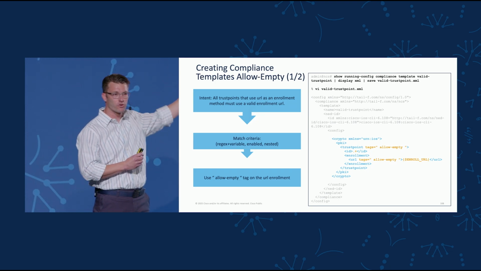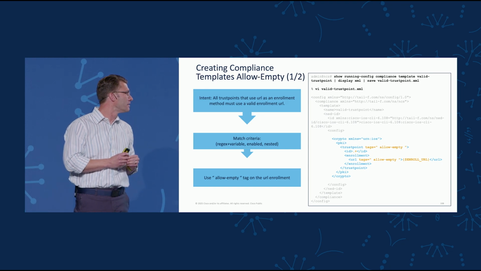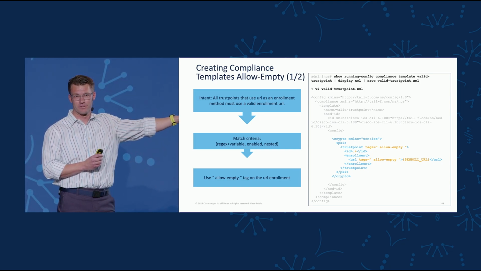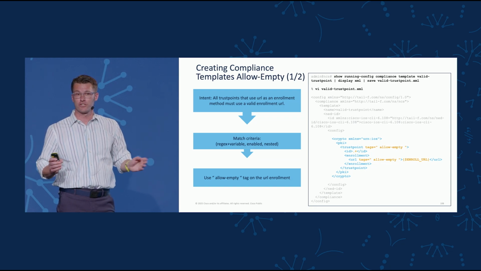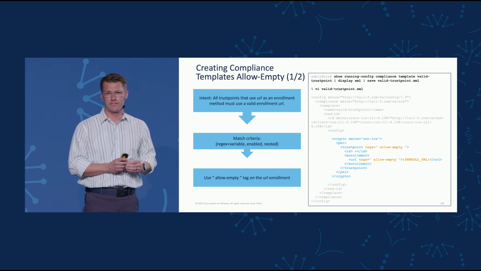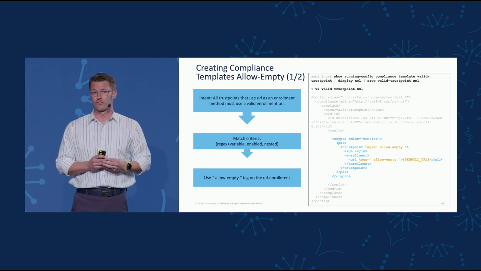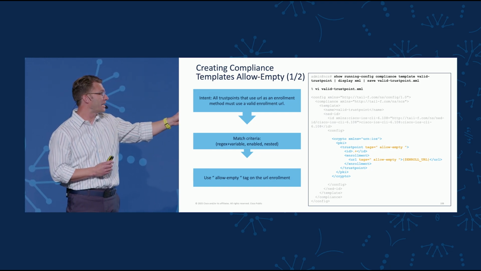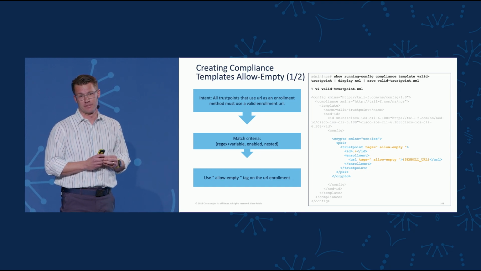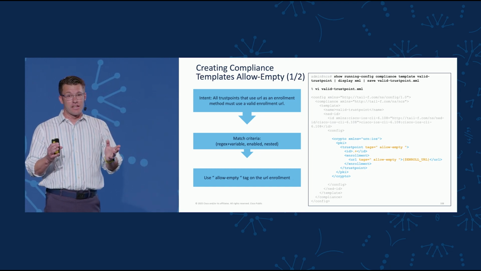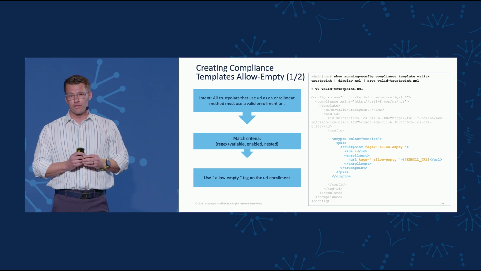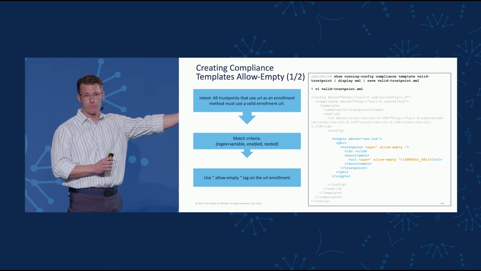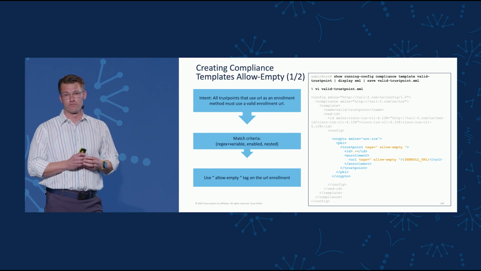So here, the tag we're applying is called allow empty, and we're going to put it in two places. The first is on the trust point. And what this means is if we don't find any trust points, it's actually a compliant device. We're not enforcing that this trust point configuration exists. We also place this tag on the URL element. Because again, if we're not using URL for enrollment, it is a compliant state. But if we are, then we have to match our valid enrollment URL.